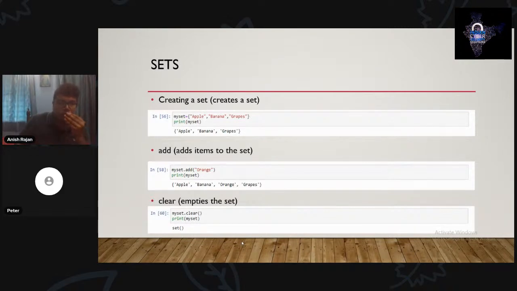Next we have the clear function, which empties the set. As you can see, I'm using the clear function and the set has become empty.